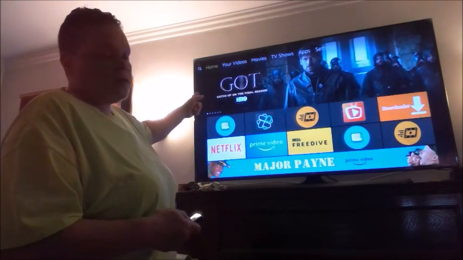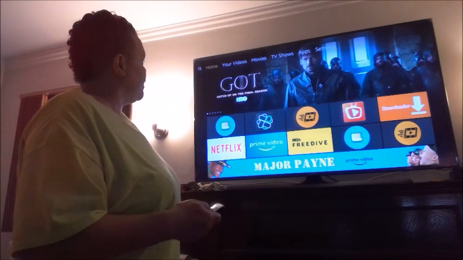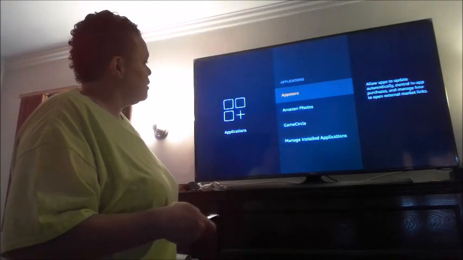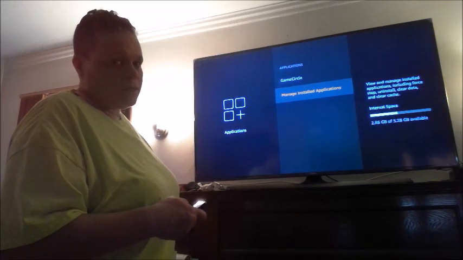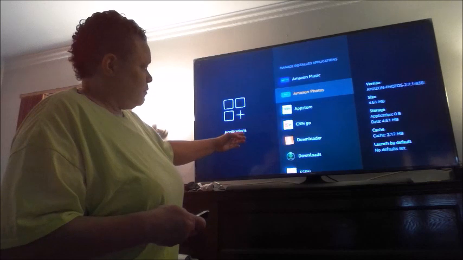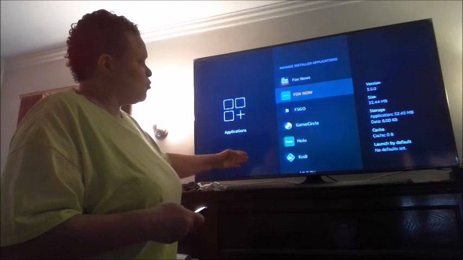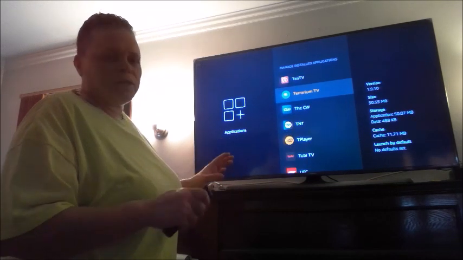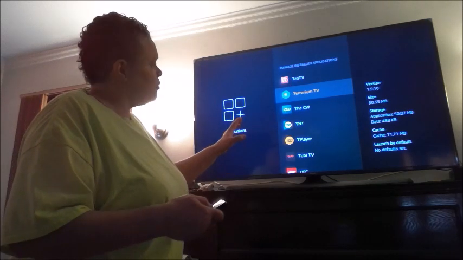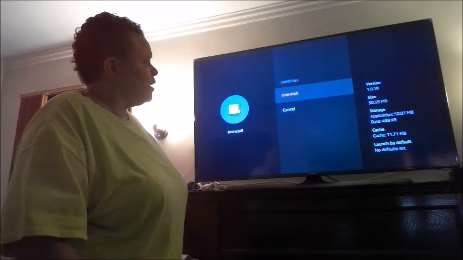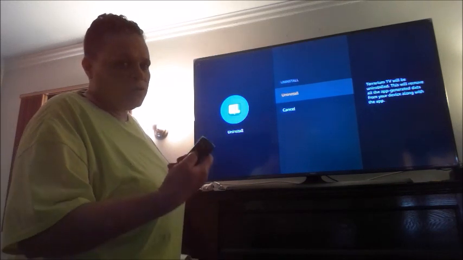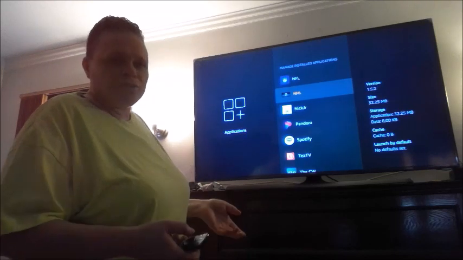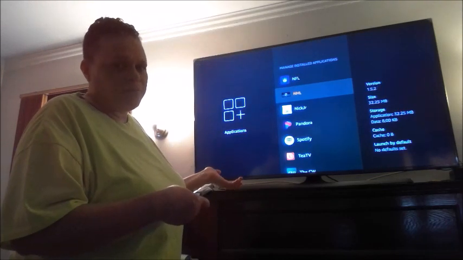So what you do is from your Fire Stick menu here, you go across to settings and then come down to applications and click on applications. Then come down to manage installed applications and click on that. These are all of your apps. This allows you to control your apps. So I'm going to come down to Terranium, and I want to totally erase this off of the Fire Stick. So I click on Terranium TV, and I'm going to come down and press uninstall. It's going to ask me again, do I want to uninstall it? And that's what I'm going to do. So right now there is no Terranium on my Fire Stick. So when it does start to work, I'll come back and add it onto my Fire Stick, and I won't